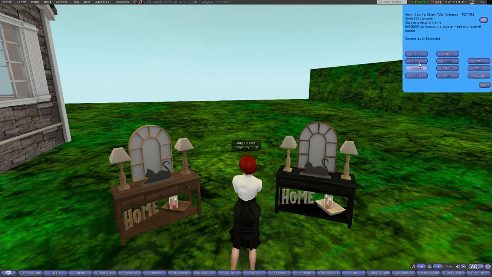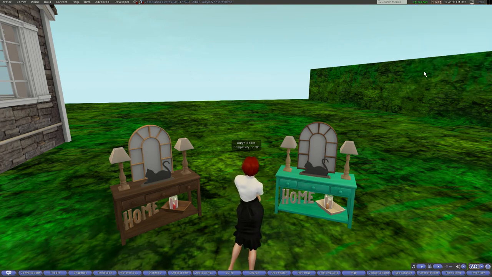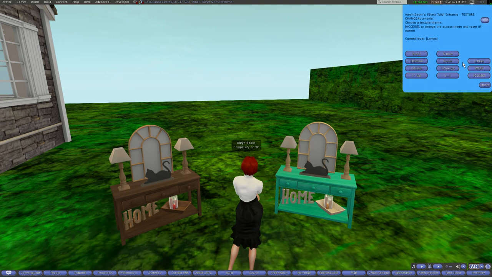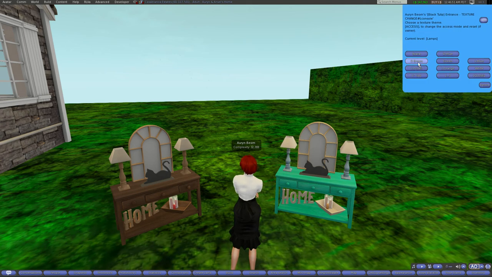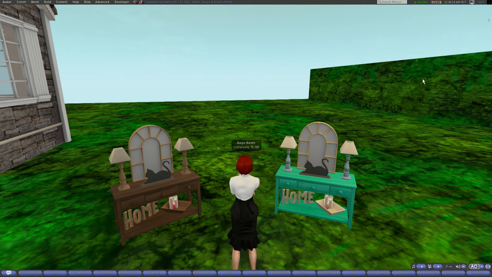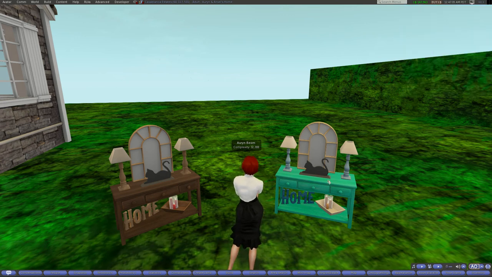Let's see, the console set to green, and the mirror set to, I don't know, orange, and the lamps set to blue, and the home word set to dark blue, and something like that. What if we don't want to have this combination of colors forever? Well, we can select